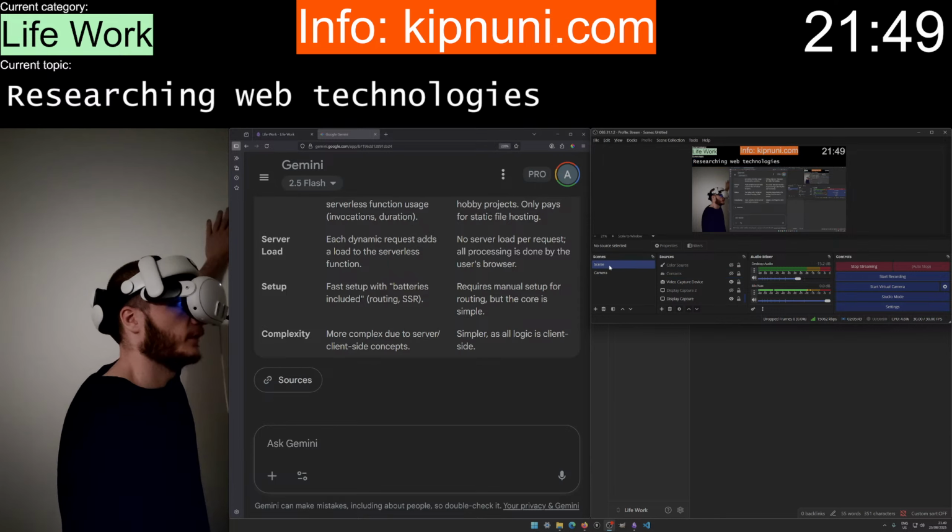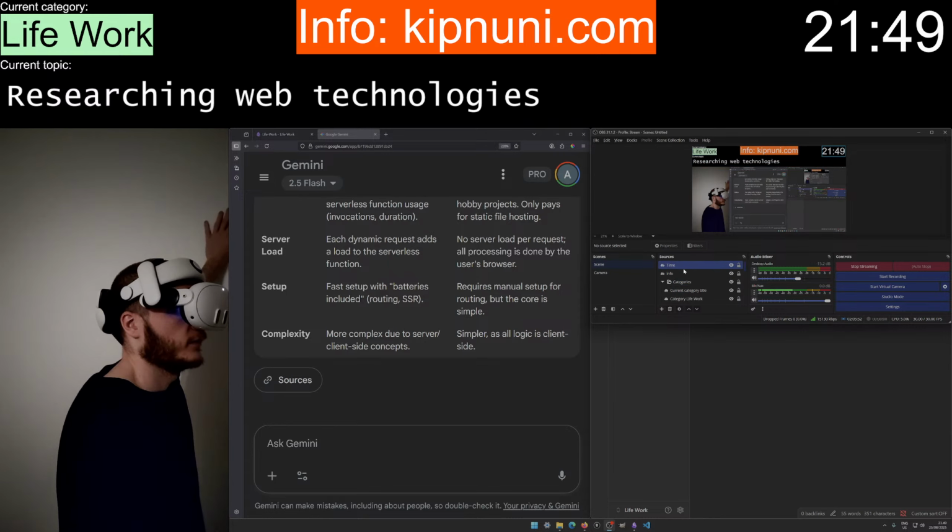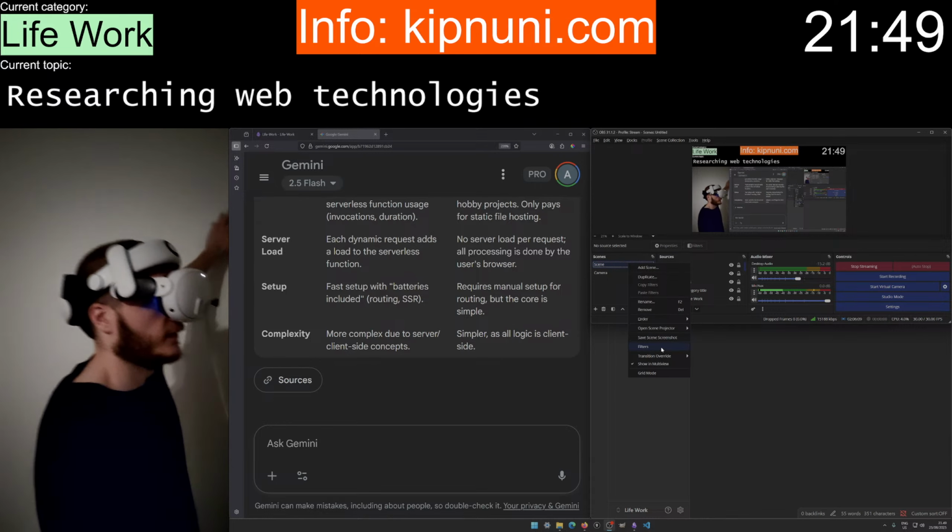If I just duplicate this and change the screen size, it could work. But then if I make changes here, it won't automatically make the changes there. Yeah, I think that's the easiest way.